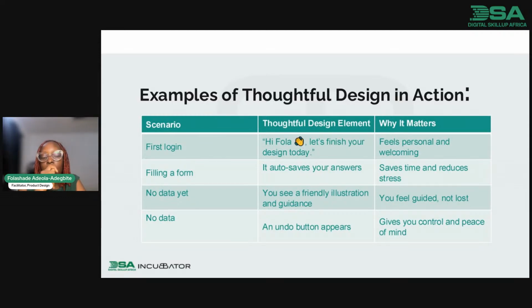Now there's a scenario where you mistakenly click on delete. There's some thoughtful design, like a pop-up that shows you are about to delete something. Are you sure about this decision? Then the user will read it very well. If the user now clicks on delete, you have already warned the user. But imagine that the user clicks on delete, and that's all. Nothing can be done. How will that user feel?